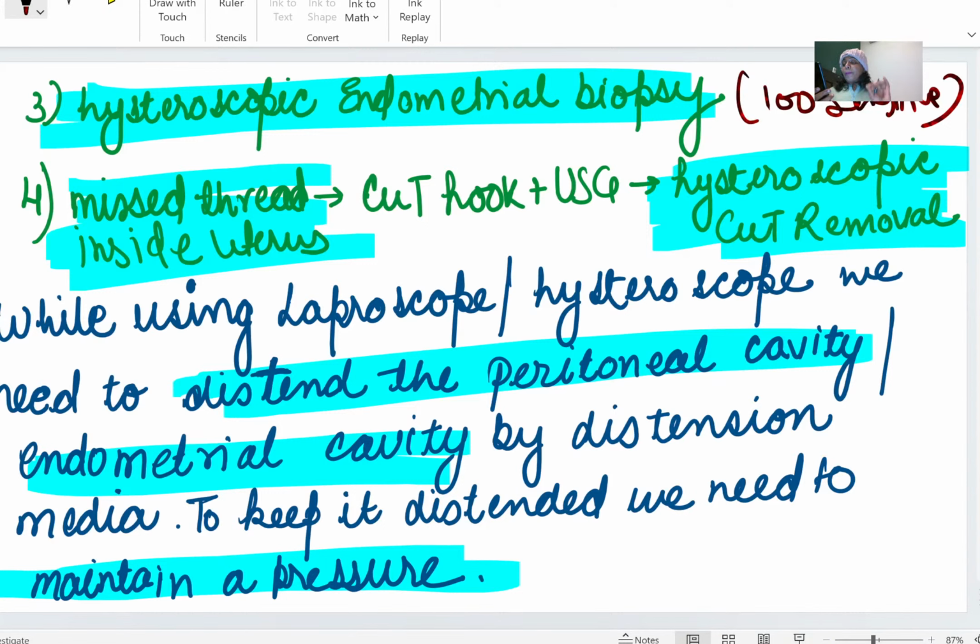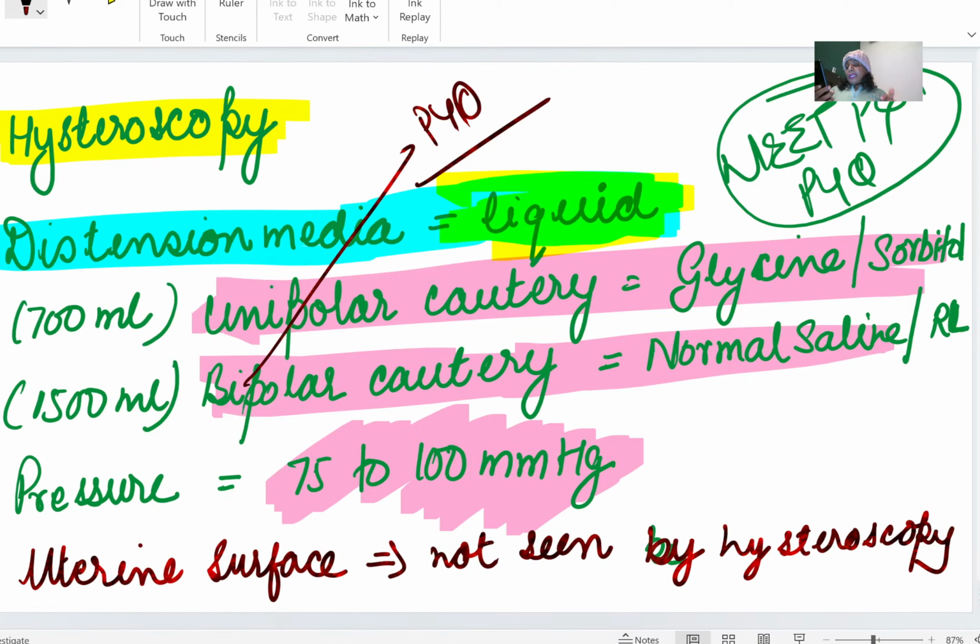The hysteroscopic endometrial biopsy is the 100% sensitive method. If a misthread copper-T is present in the uterus and is not being removed by the copper-T hook or ultrasound, then we can remove it by hysteroscopic copper-T removal. The distension media used for the hysteroscopy is liquid media. And if unipolar cautery is used, then